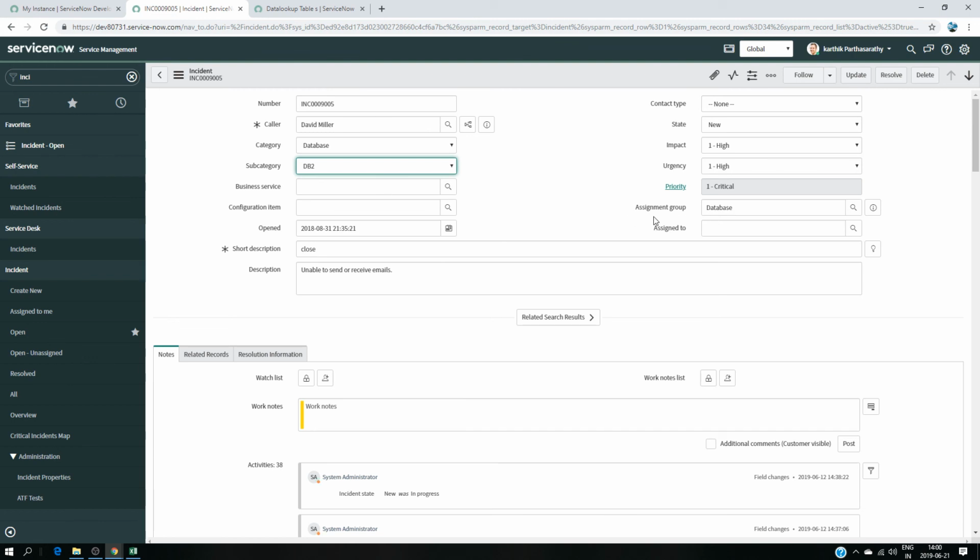So that's how you create a data lookup, so you can have pretty much faster results. You can automate a lot of different things by creating a data lookup table. So I hope you understand everything I said